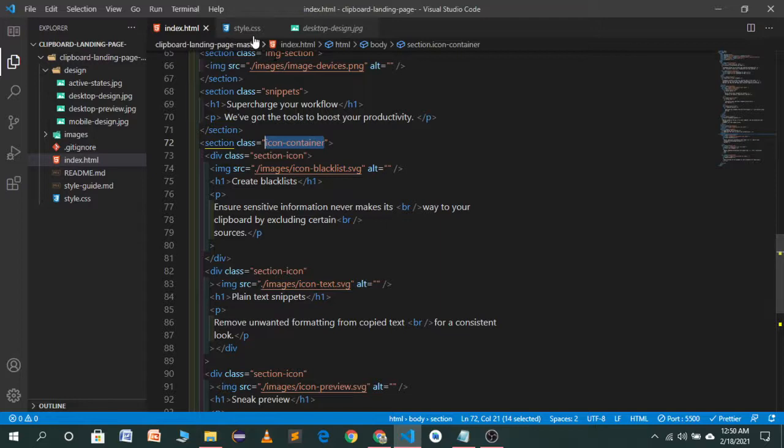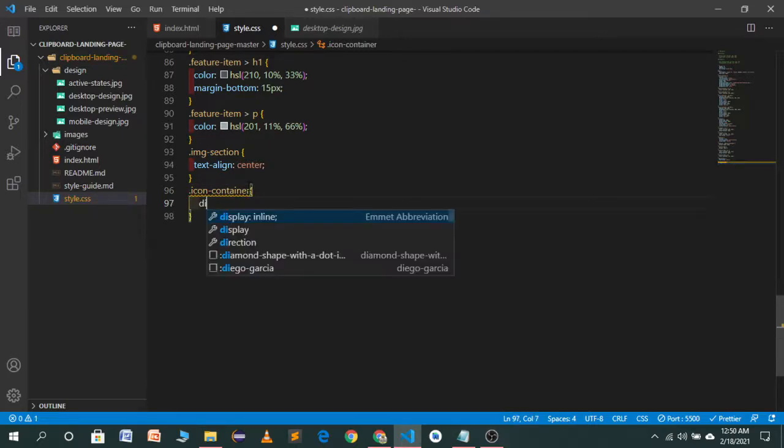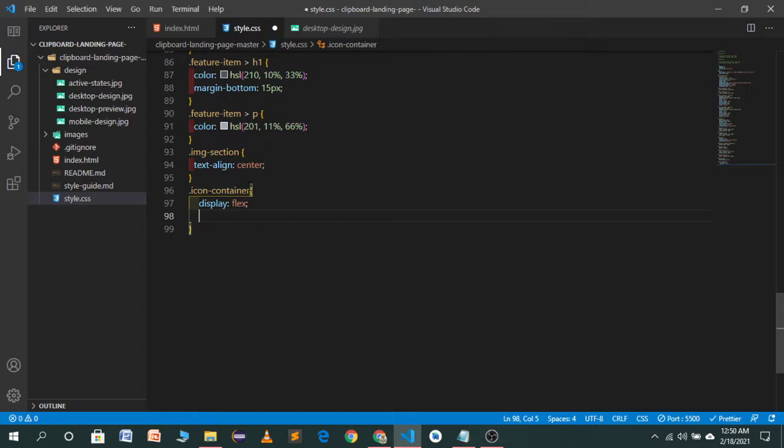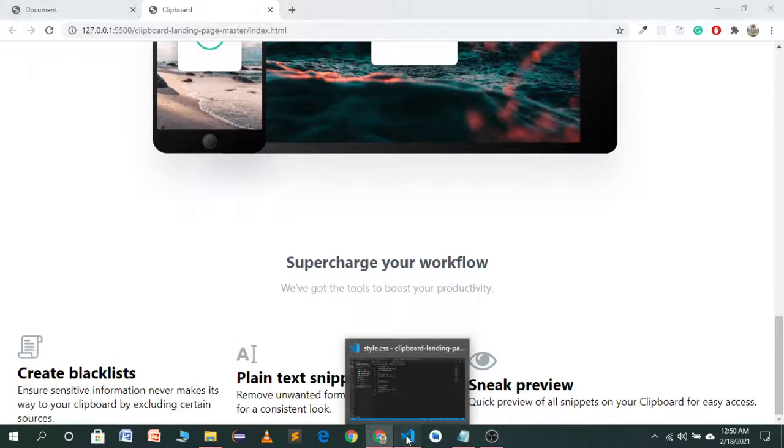I have run short of names, so I have used an irrelevant name to target this one. We'll use display flex. Justify content will be space evenly. Align items will be center. Let's see.